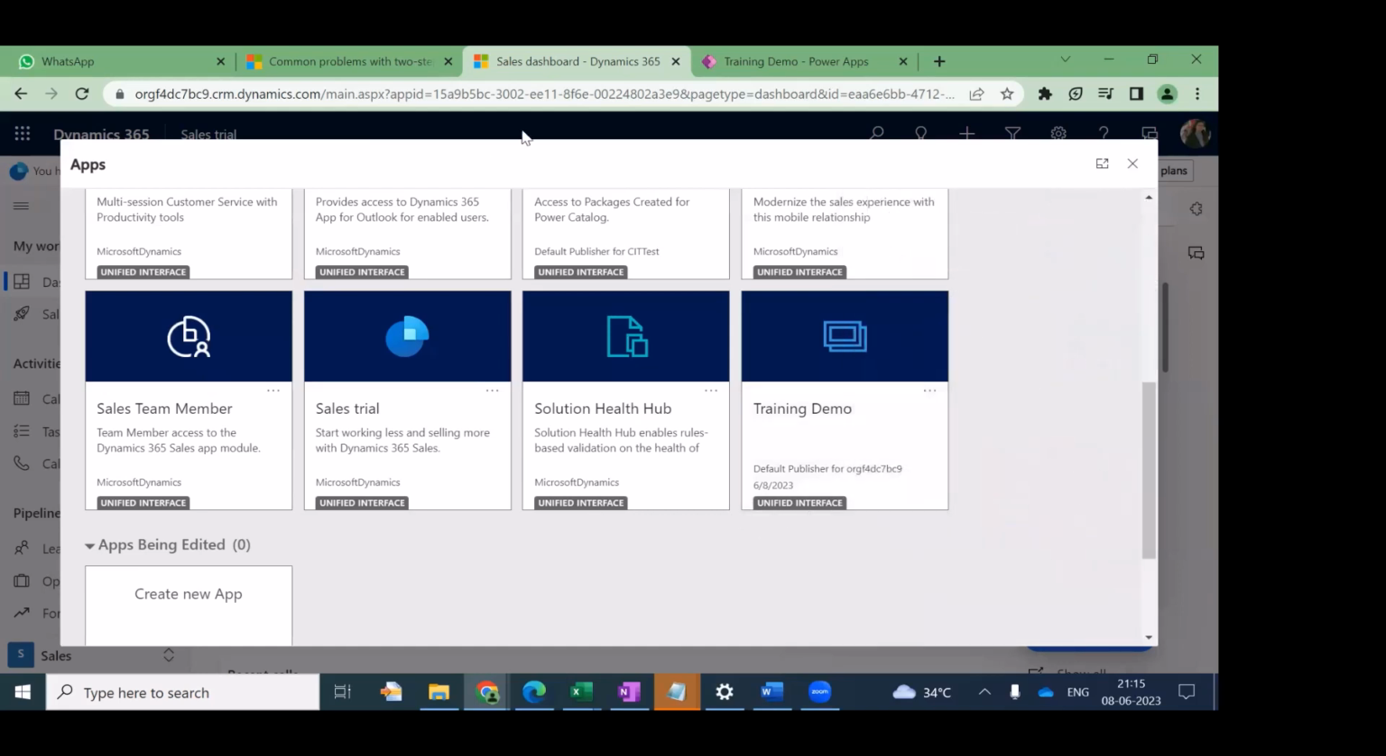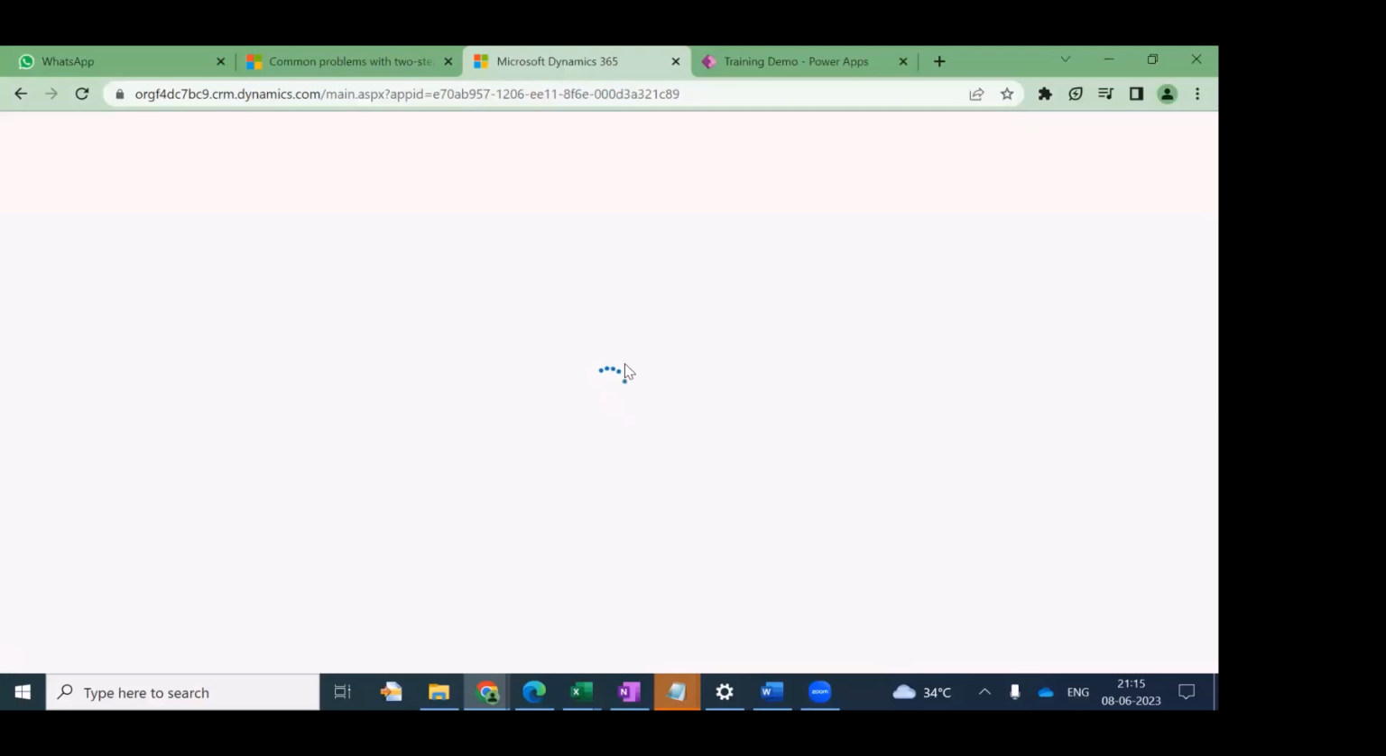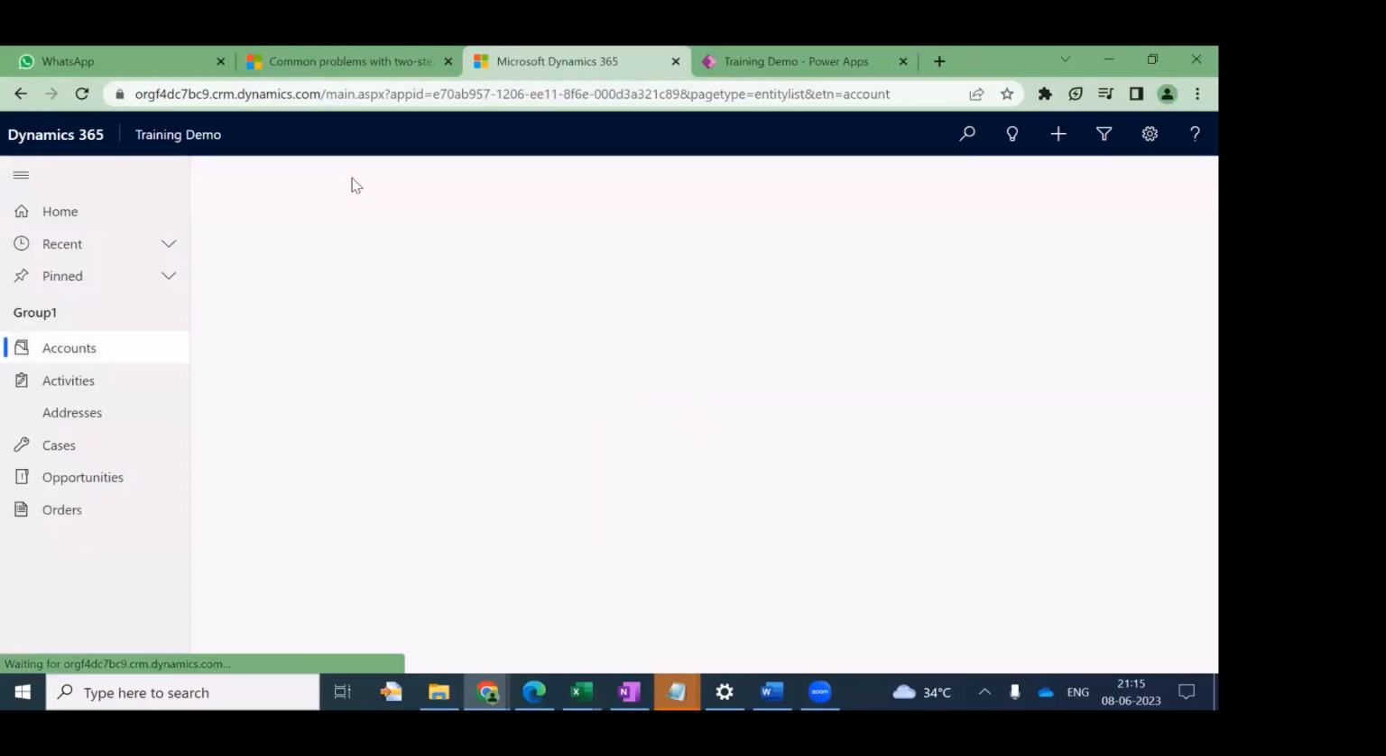Okay, so I have created this. I'll go into this. This is the first step that we create in Dynamics, right? First is the model-driven app. What is a model-driven app, right? So once we create a model-driven app, once we